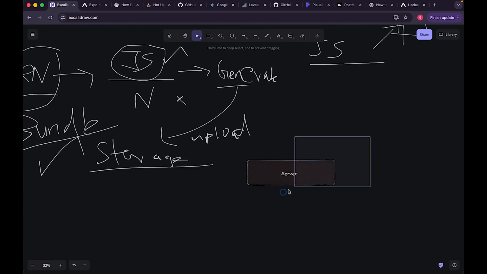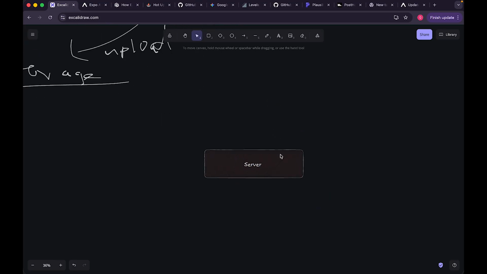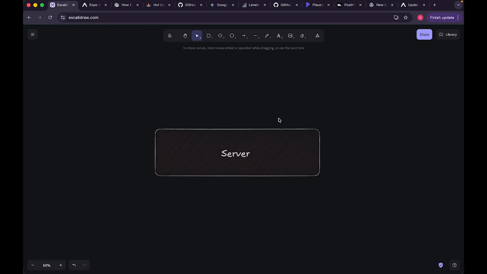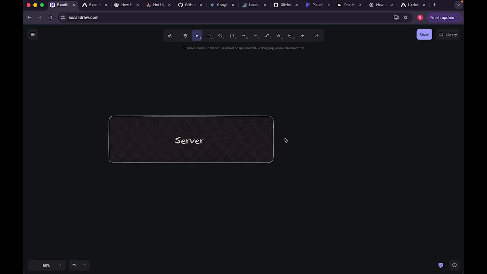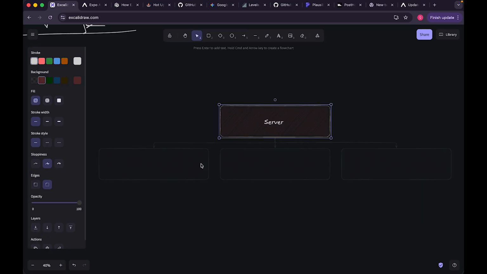So in the server, this is how system design works for an entire app. If you are able to grasp this, you can make absolutely any application at a small scale. And as you grow and grow, you will understand a lot of things. Now in the server side, you have API, database, and then CDN, and then API, database, CDN, and